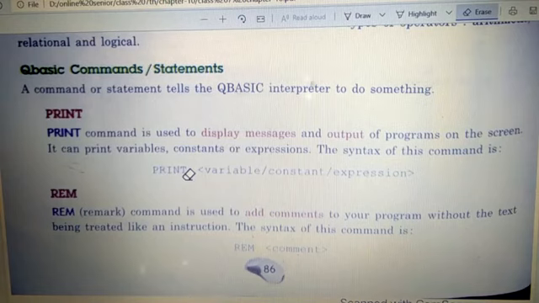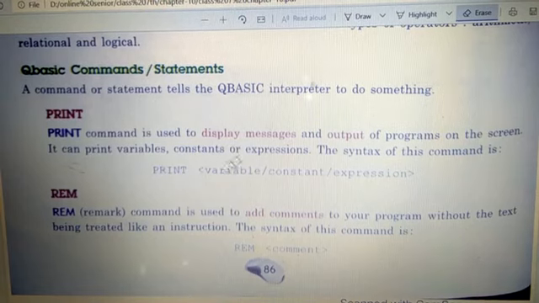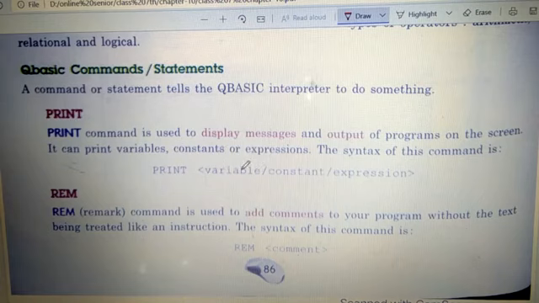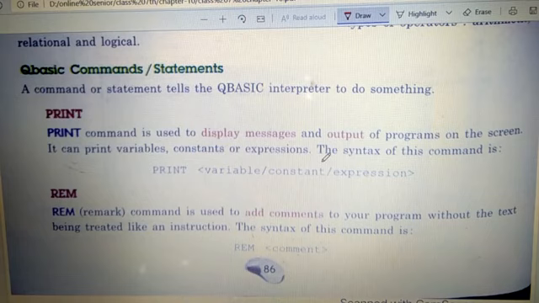Then after that, like variable c, right? For example, I said a plus b, I have to print c. So c. Constant, if I want to write, I will write within the inverted commas and it will print. Expressions, like I want to say welcome to QBasic, so I will write print, inverted commas open, welcome to QBasic, inverted commas close. Like this, children, if I write the print, it will print exactly what is written within the inverted commas.